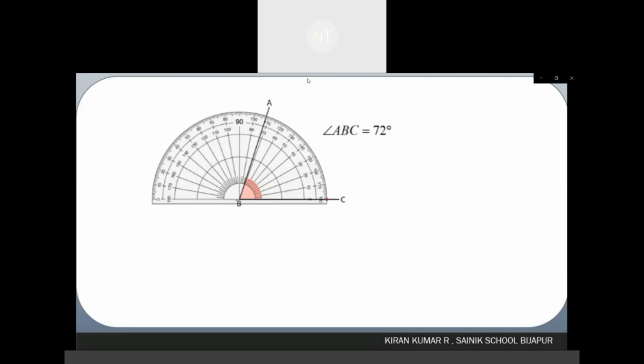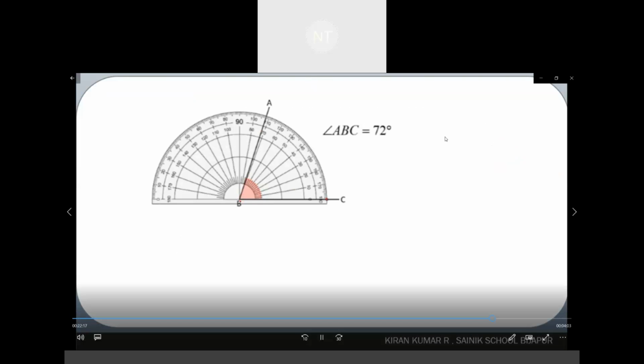Protractor is placed in such a way that the center of the protractor lies on the point B. The protractor is adjusted so that BC lies over the straight line of the protractor, and 0 degree lies at C. Then we measure from left to right